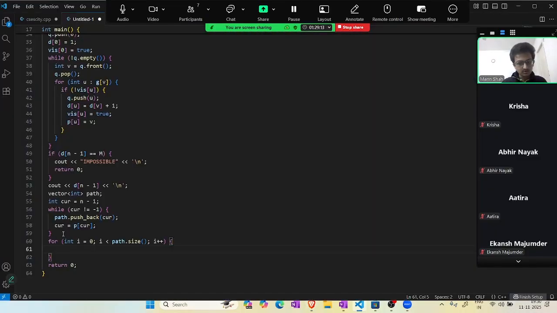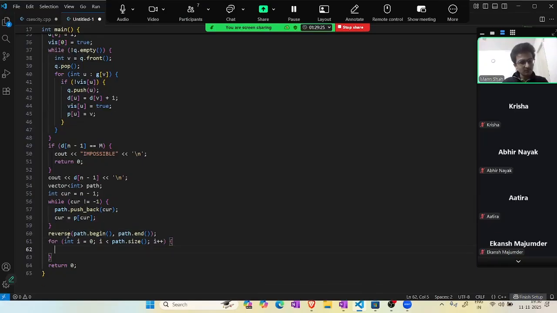Okay, and you also need to reverse the path, because the path you found is from n to 1, but you need to find it from 1 to n. So yeah, the path of I,